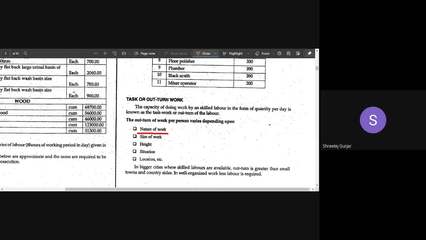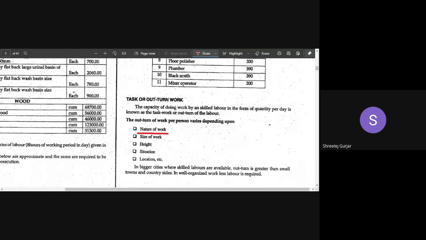Okay. If they are dealing with the internal works, as a friend says, they will not go out because of the rain, and the outturn of work will increase. And if they are dealing with external work like plastering or painting, that will be lesser because there is rain outside and they cannot work. So his outturn will be lesser. Very important thing your friend has covered. Very nice. Next, any other thing?